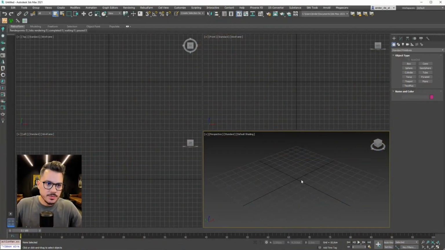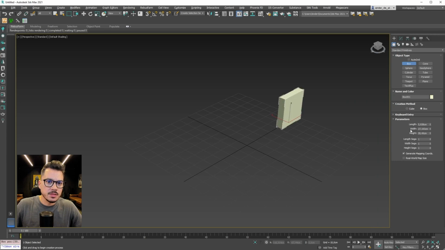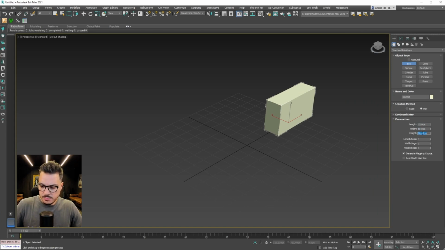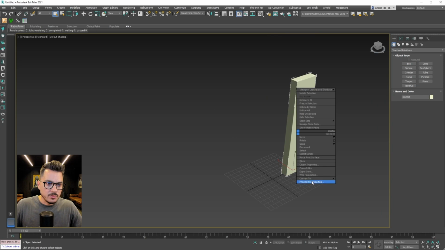Now, I'm gonna show you, using the same principles we used in the flag, how to simulate a curtain, for example, in an opened French window. I'm gonna do something really easy here. I'm gonna create a box. Let's say it's a wall of 15 centimeters by 50 centimeters by 2.10 meters high, the opening, alright? I'm gonna convert it to polygon,